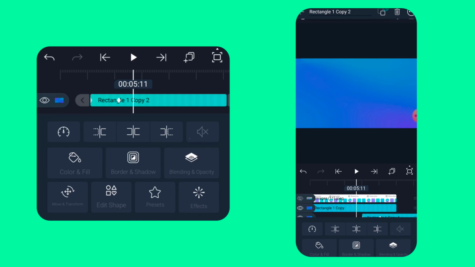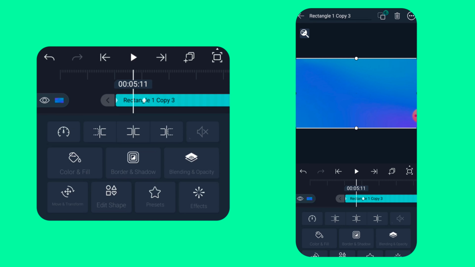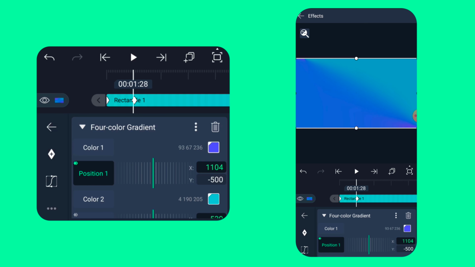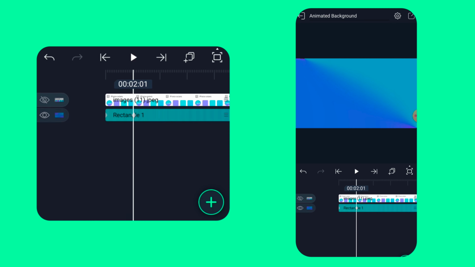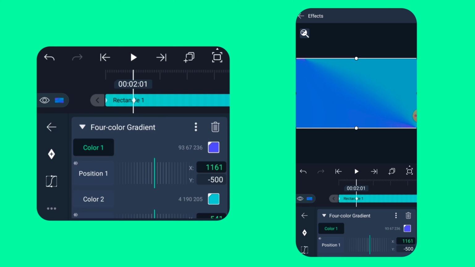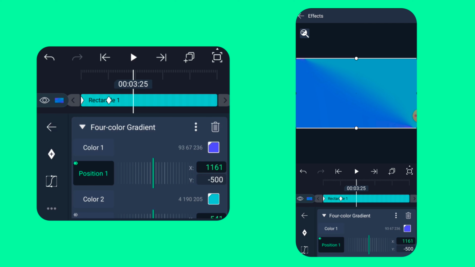Or in case you don't want to do it this way, maybe you want to use just one layer and you don't want to make a duplicate, then you need to keep adding keyframes. The keyframe stops at 2 seconds. So I add the keyframe at 2 seconds, then you need to add a keyframe at 4 seconds. You need to keep adding keyframes,